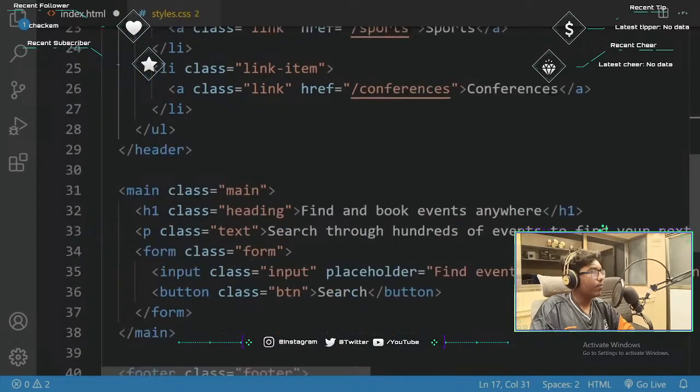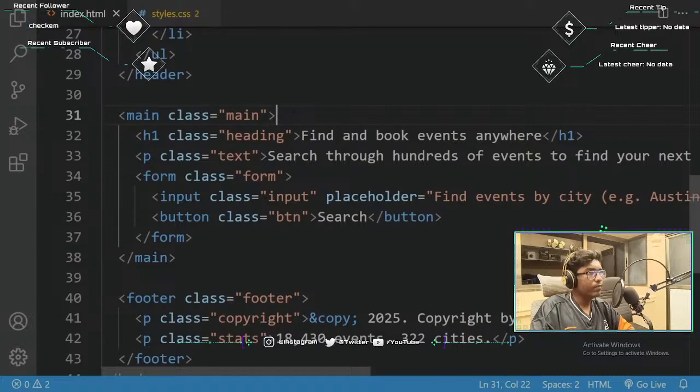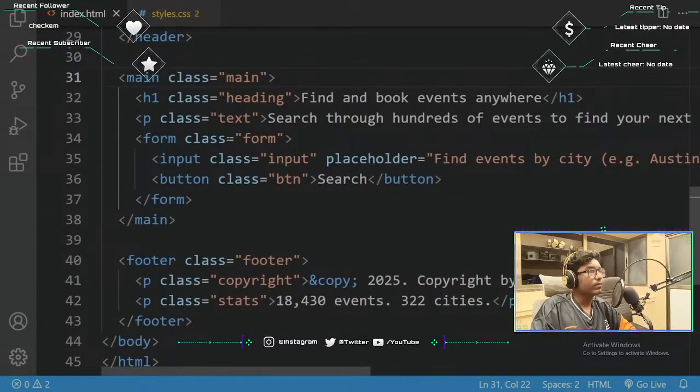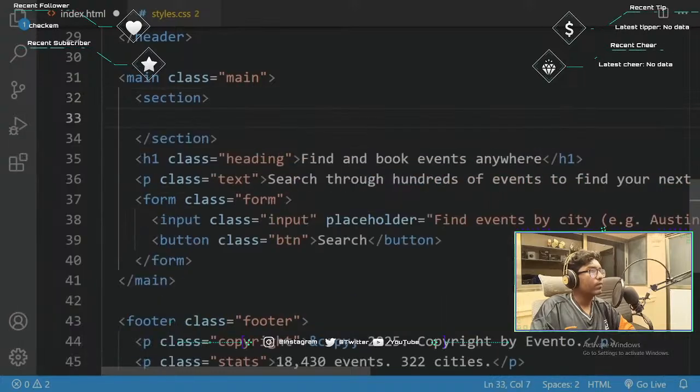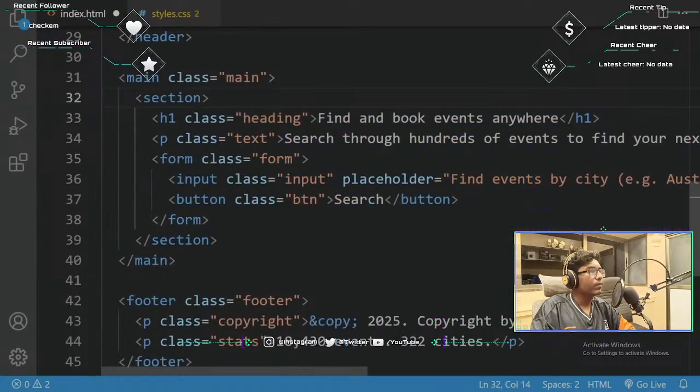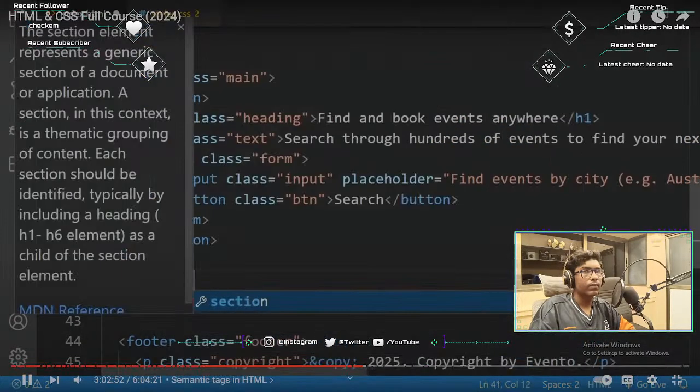Okay, so another important one is actually the section tag. So here in the main element, for example, we don't have that much content. We only have this. But imagine that you have additional sections, right? So here we could wrap this in a section tag. So this would be the first section in the main, and then we could have another section, for example, for